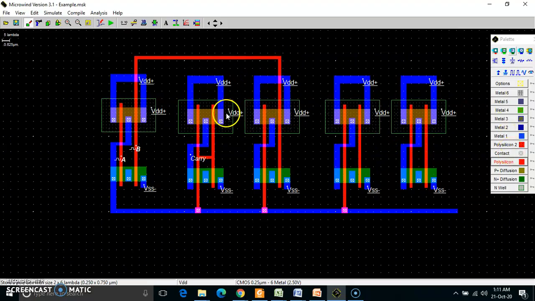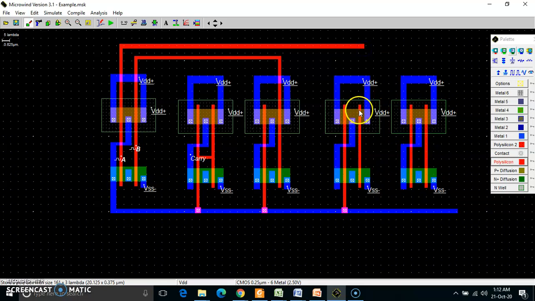And next, I need to connect this A to the next gate. So I am stretching this and connecting it to this particular NAND gate. Again I am stretching this to make a contact. And already this is the same material, and that's why I need not take a contact over here.